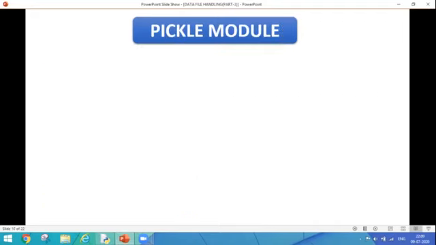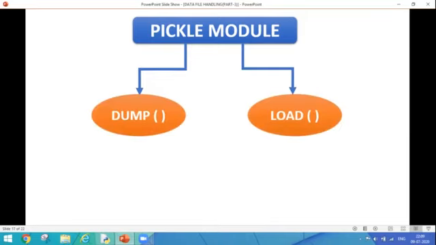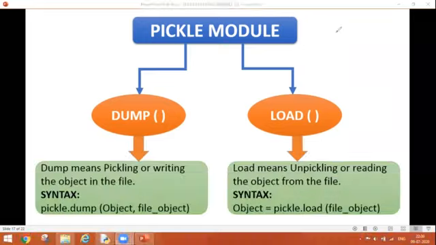Next. Now, there are further submodules of pickle, and these are dump and load. So let's learn about them.